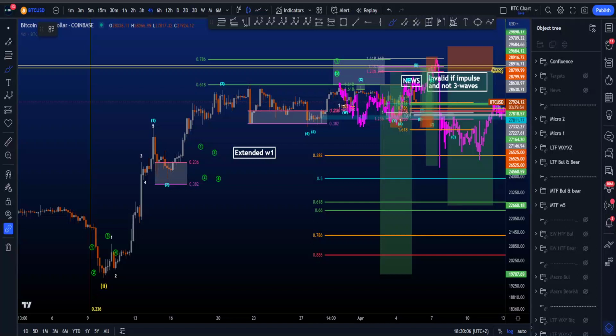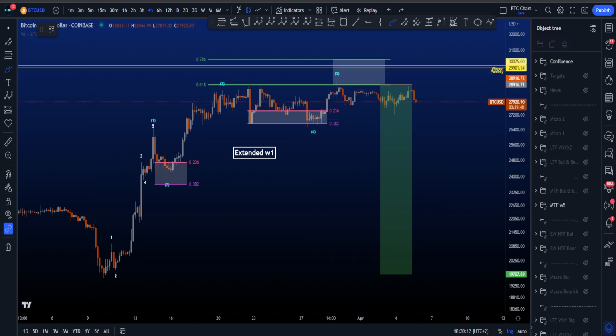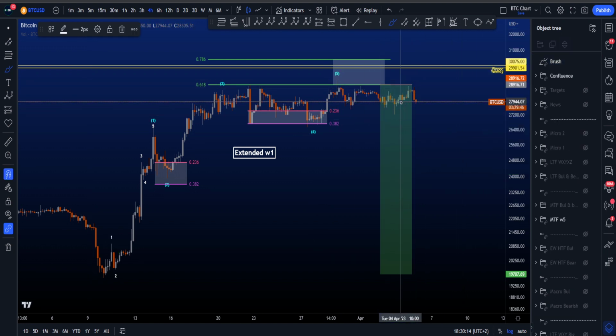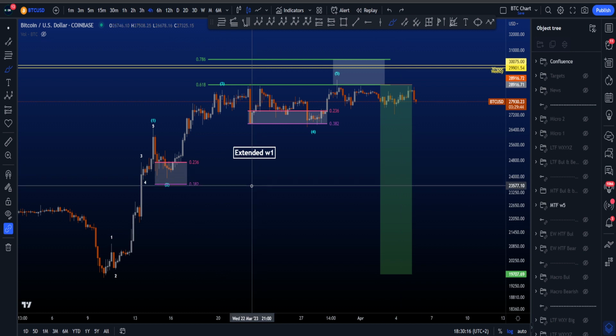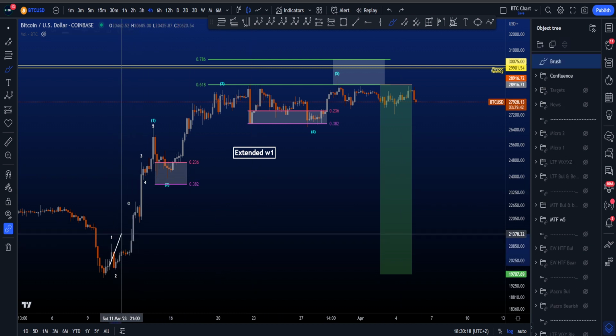Hi everyone, I got brand new scenarios to show you on the lower time frames, but I first have to explain the medium time frame perspective to help you understand what I'm looking for on the lower time frame. So this, what you see right now, is the last impulse,